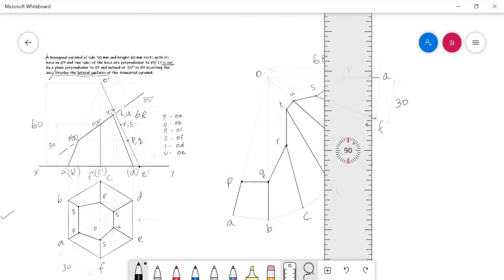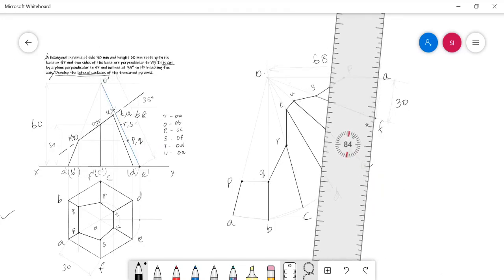Again, the base edges also need to be darkened because they are also the live edges.